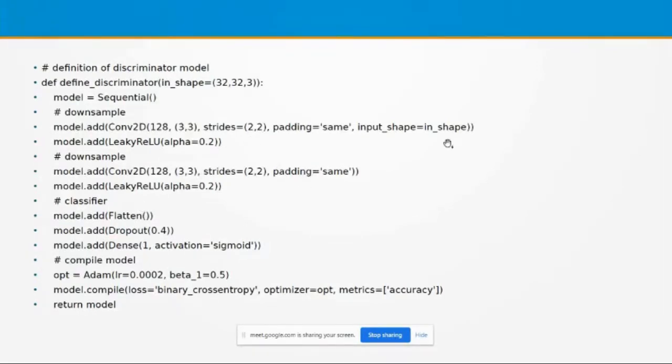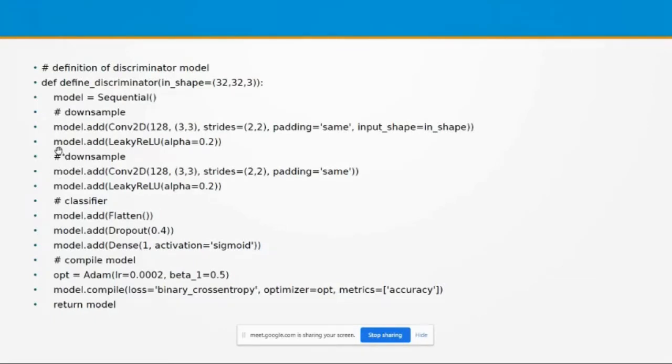There is no need to specify the input there. Input is specified only in the first convolutional layer. Since max pooling is integrated with the convolutional layer, we can consider it as a downsampling operation. With these two statements, we can perform the first downsampling operation. With these two statements, we can perform the second downsampling operation.